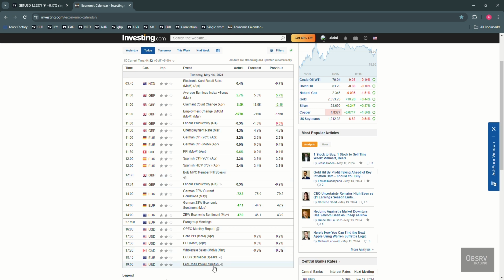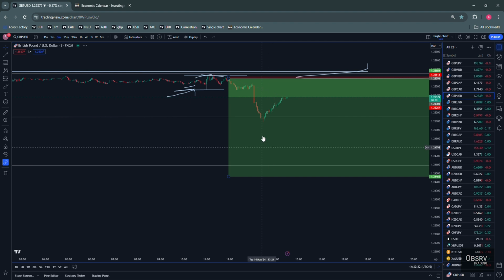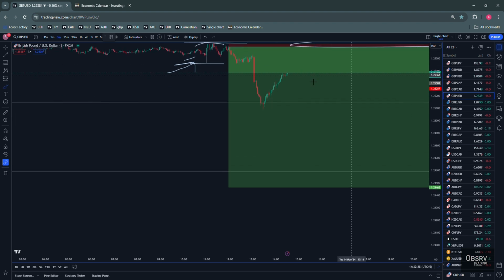Powell is also speaking today, that could also move the markets. So I'm gonna leave what's running to run. I'm not going to take it out. If it takes me out at break even, takes me out at break even, right? So far, it looks like it's just chopping up, but it's just putting in higher highs and higher lows. So that could be dangerous. It's not coming up with a lot of speed, but it's all higher highs and higher lows. So this could be dangerous.